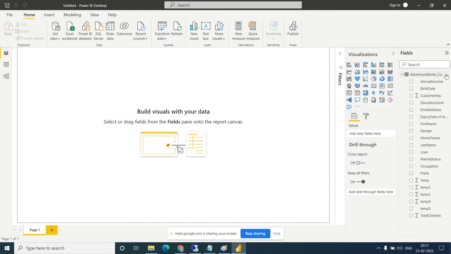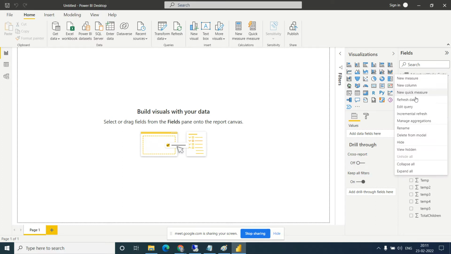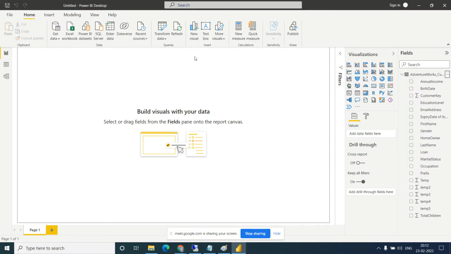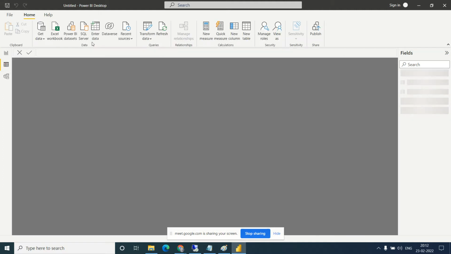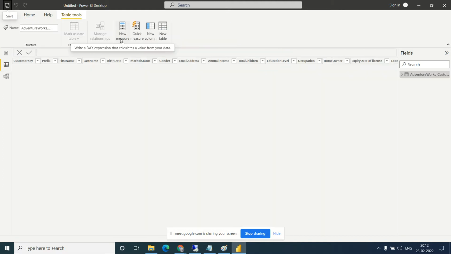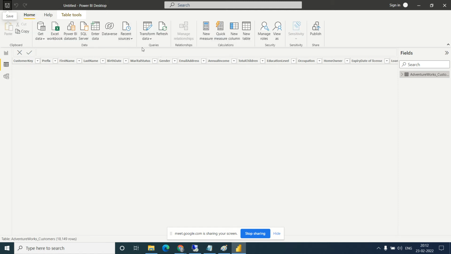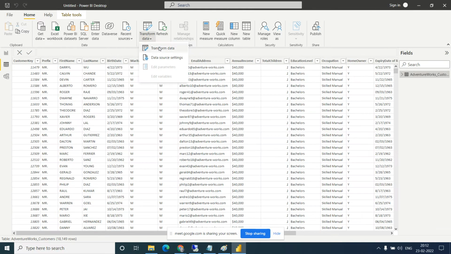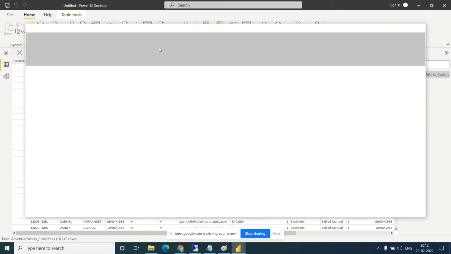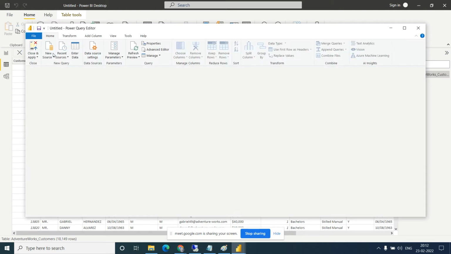Either you can directly right click on the table and click on Edit Query, or there is another way: Transform Table. So you will go to the Power Query Editor.